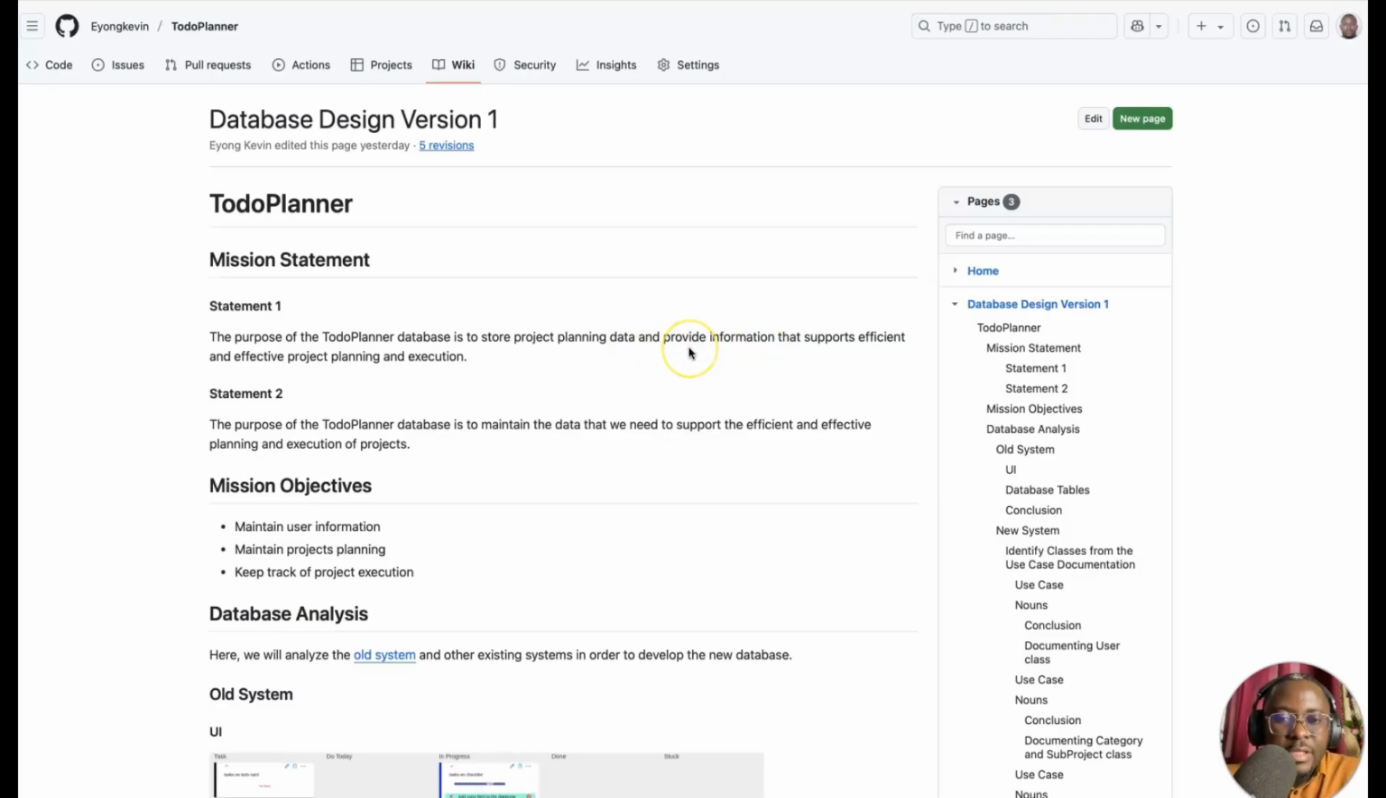Okay, you query the database and get information that is going to help to support the efficient and effective project planning and execution. So because the main aim of our to-do planner is to permit users to plan the project and also to follow up with the execution of that project, I think this database mission statement gives us two focal points that we can focus on